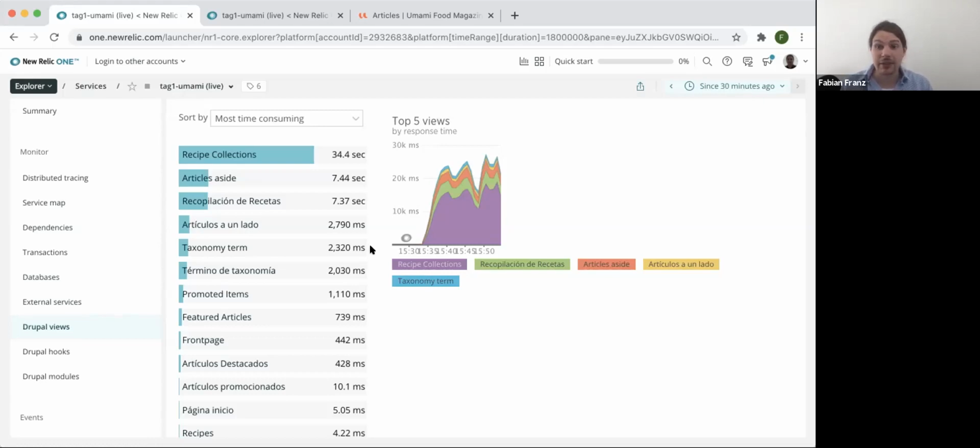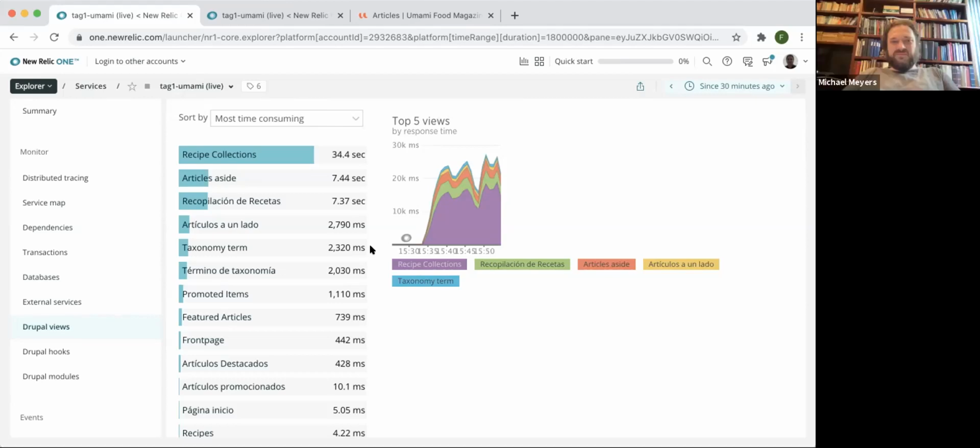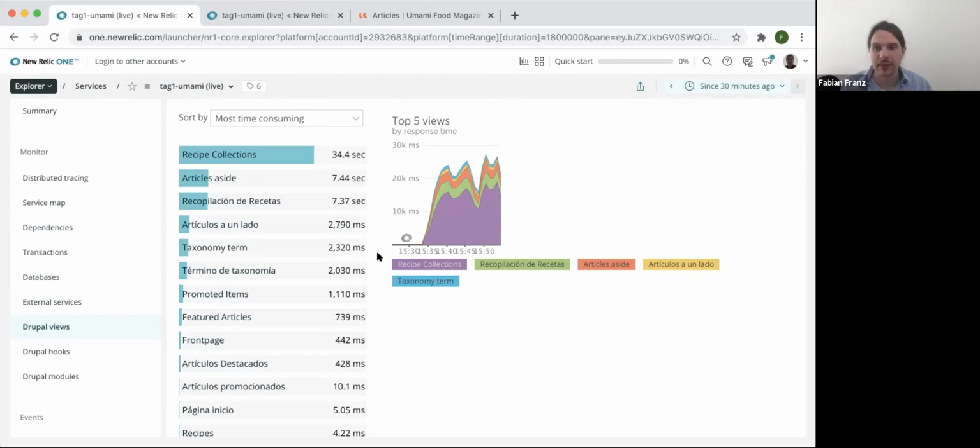But yeah, it's great. And with Pantheon, you get New Relic automatically as part of your plan. So this is just great. And you see Pantheon is scaling perfectly up. We accidentally did one load test on dev. And then Pantheon was like, this instance might be a little bit too small for this kind of traffic. And then they scaled it up even a little bit. So it was fun that they immediately looked at the traffic and automatically saw something is wrong and scaled up. And this is happening with Elite as well. So yeah, and we can see how much more we can push this essentially in terms of concurrency once we have solved this database problems.